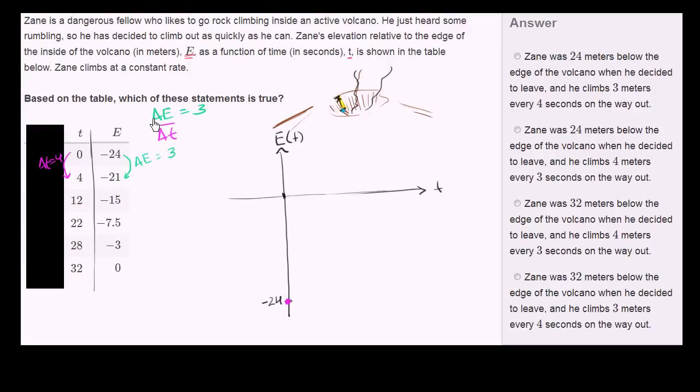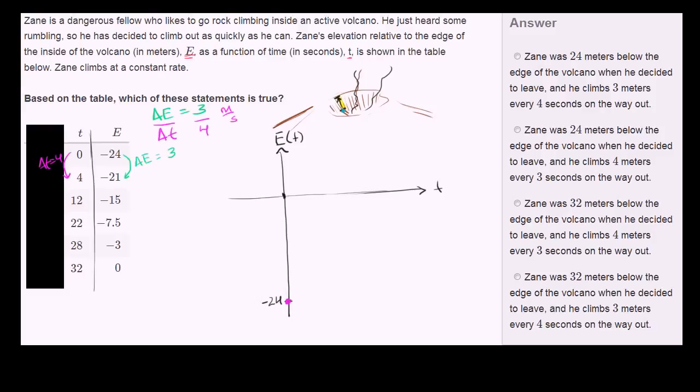And remember, this triangle is just the Greek letter delta, shorthand for change in. So change in elevation over change in time is 3 over 4. So one way to think about this is that he goes 3/4 of a meter per second. The units up here are meters, the units down here are seconds. So he goes 3/4 of a meter per second, and we can verify that in the next